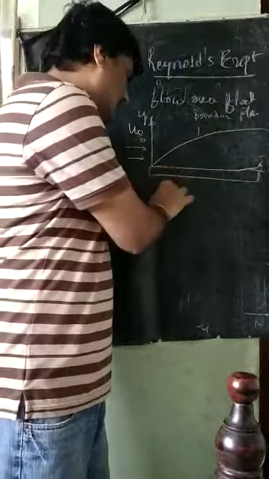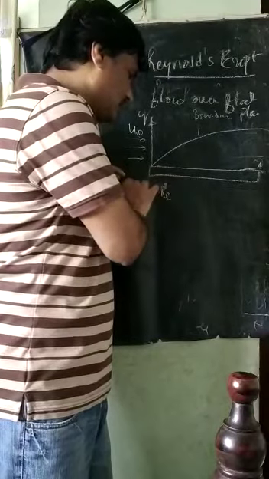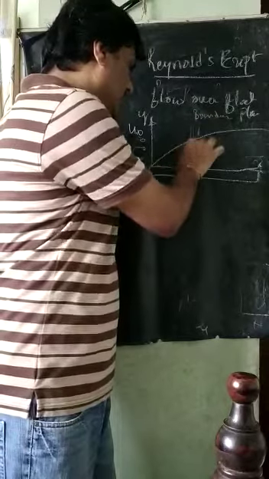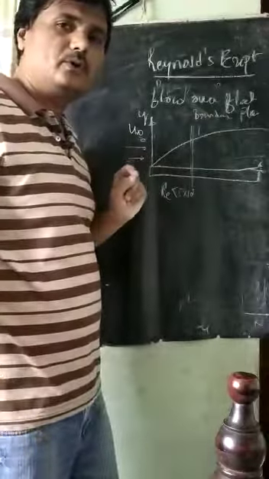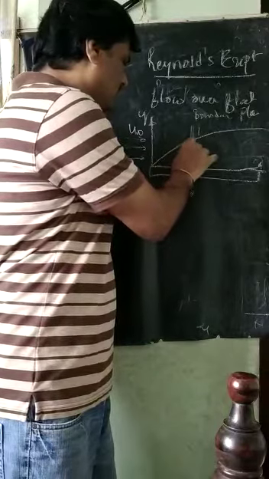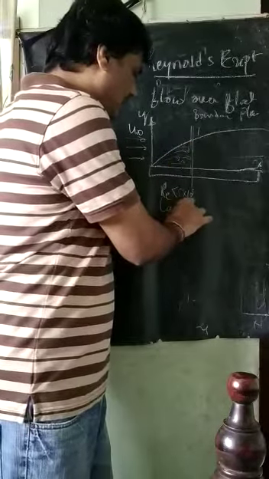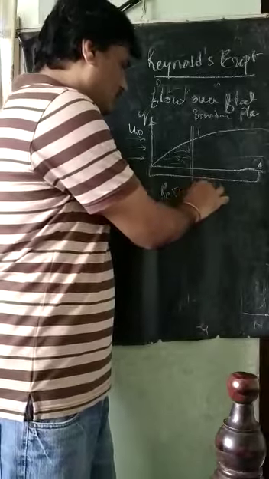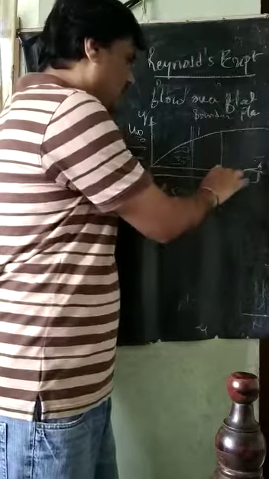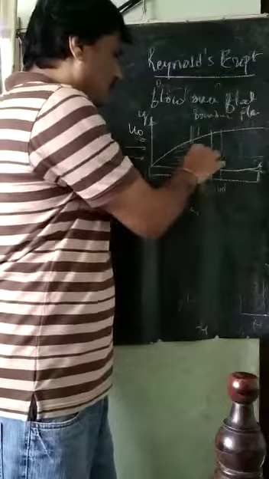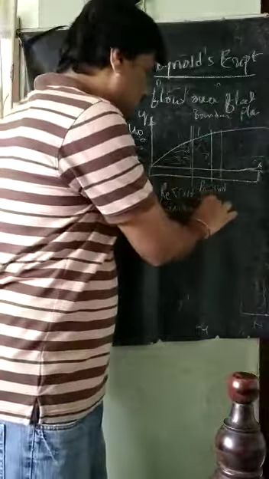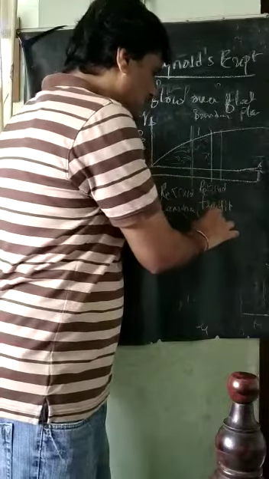In the case where the Reynolds number is less than 5 into 10 raised to 5, up to here for example, almost all the fluid is moving in the same direction. They are showing the characteristic laminar flow. Afterwards, when the Reynolds number is almost equal to 5 into 10 raised to 5, in this usually very small zone, some disturbances in the particles will start. Then it is called the transition flow.